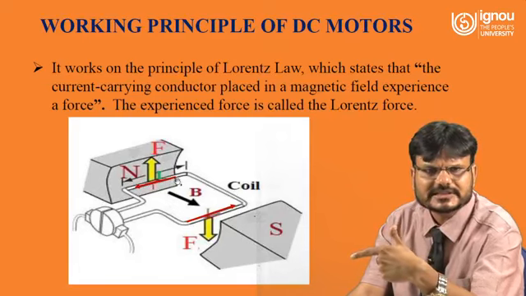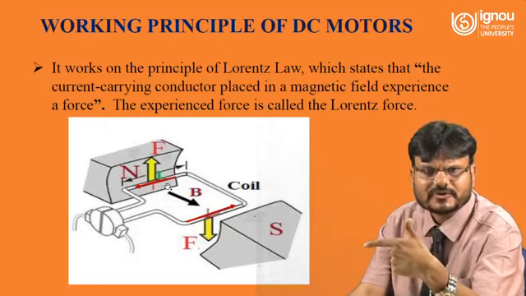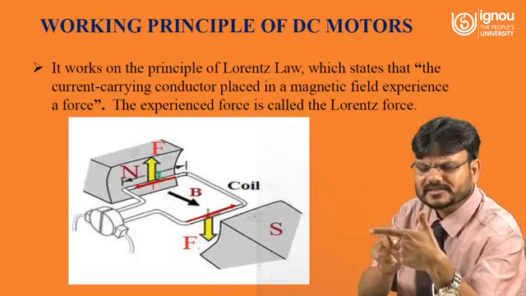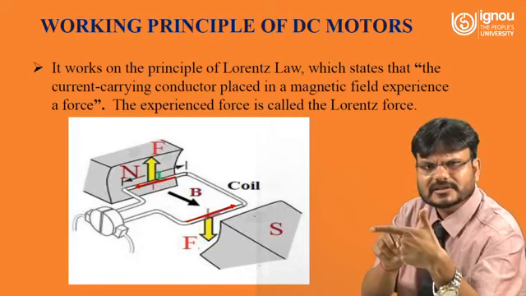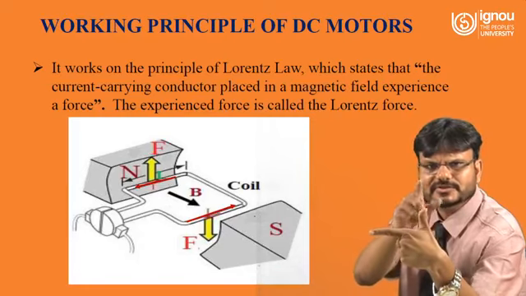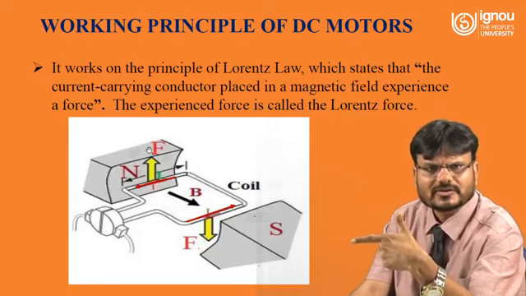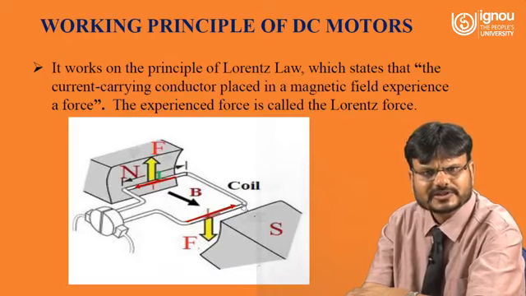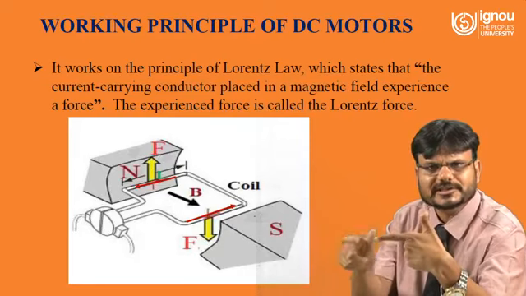This is one conductor, this is another conductor. The direction of the current in this wire is from this to this. So this is the direction of the magnetic field, this is the direction of the current, and this thumb will show the direction of the force, or in which direction this conductor will move. It can be found out by Fleming's left hand rule. Similarly, if you want to find the direction of the force in this particular conductor, the direction of the magnetic field is the same.